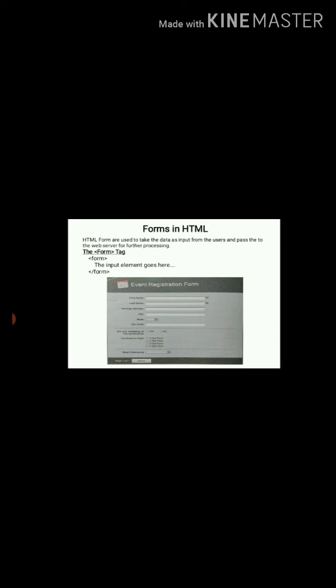Example of form: HTML forms are registration form, compose email form, filling credit card details, giving online exams, survey, filling shipping addresses, etc. There are different kinds of forms. For creating a form, you just have to use the form tag open and form tag close, and between the form tags, you have to give the elements of the form.